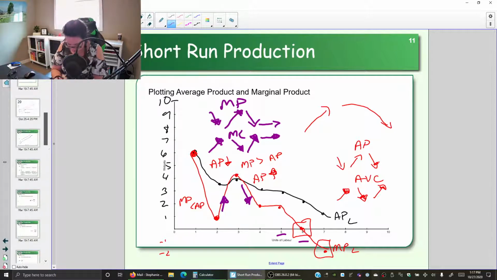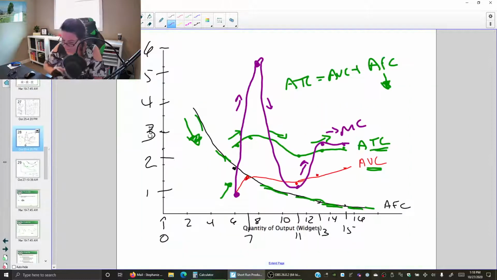So did we get that? Let's go back to our graph. Up, down, up, and straight. So this marginal cost curve has this shape because our marginal product has the inverse of the shape. It goes down and then up and then down and then straight. So marginal cost is very dependent on